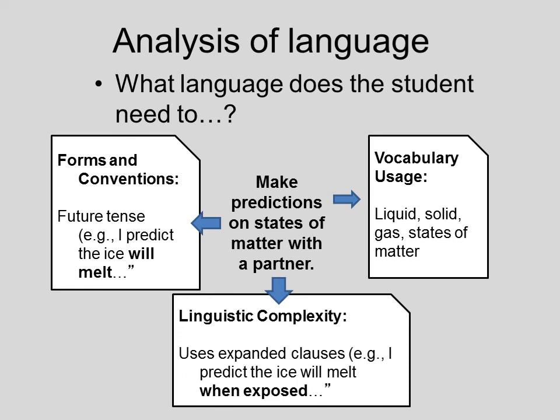And the linguistic complexity would include the uses of expanded clauses. For example, I predict that the ice will melt when exposed to, etc., etc. So taking the three components of the different kinds of academic language, from vocab usage at the bottom up to forms and conventions and finally to linguistic complexity, we've moved through a quick analysis of what a student would need